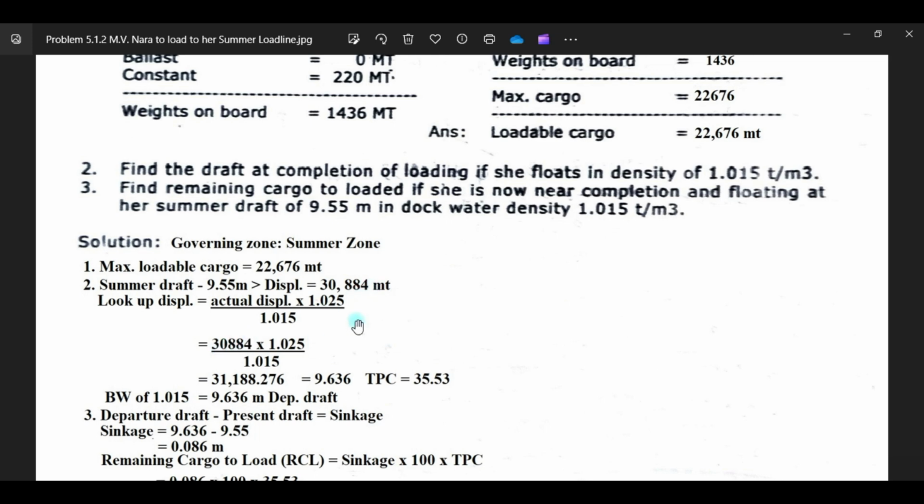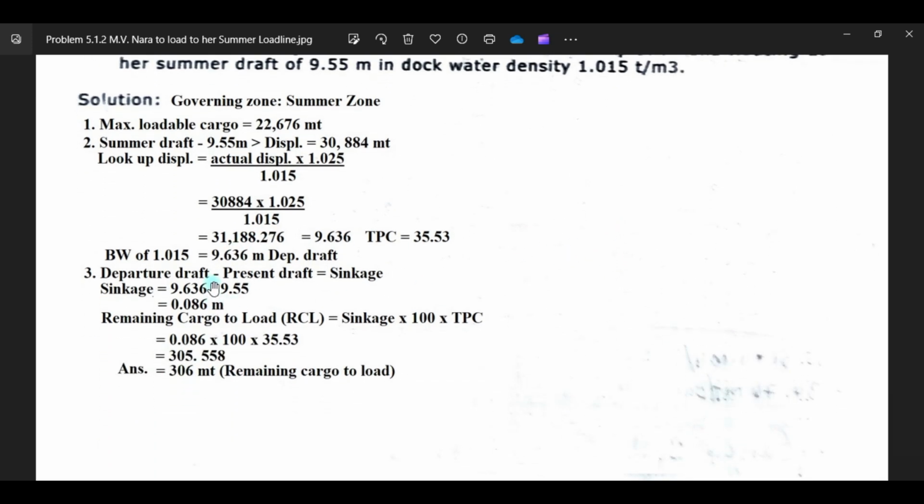So 30844 times your constant of 1.025 divided by 1.015, and the value would be 31188.276, and the corresponding draft will be 9.636, and your TPC will be 35.5. This will be your departure draft at your local density of 1.015.